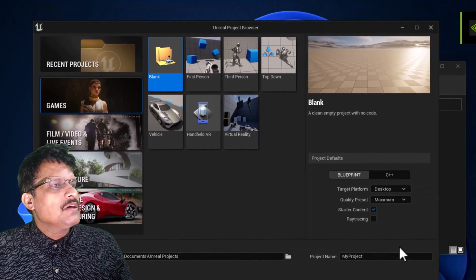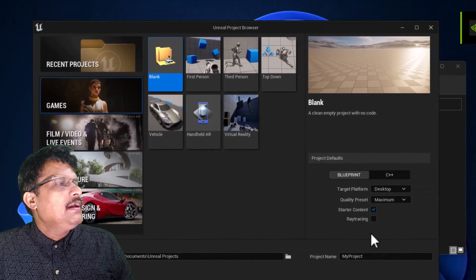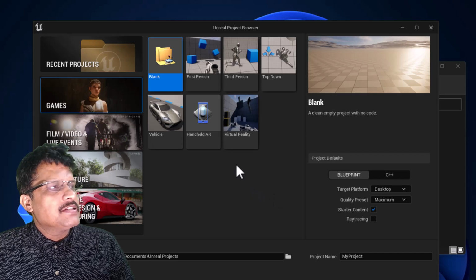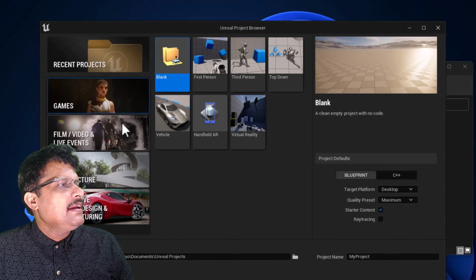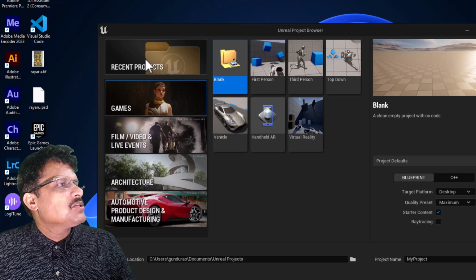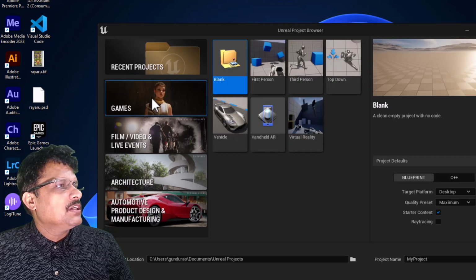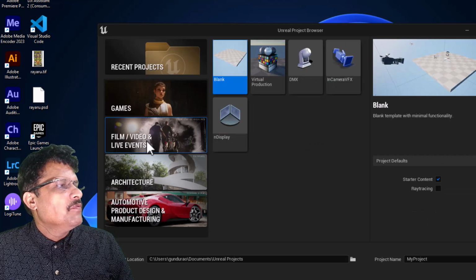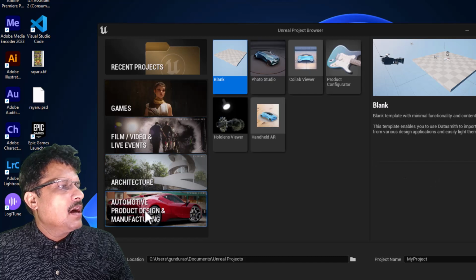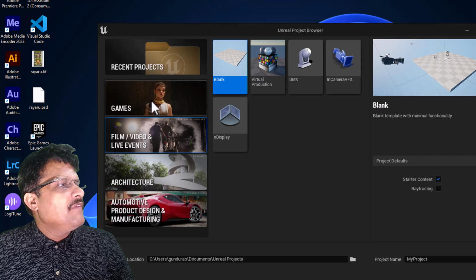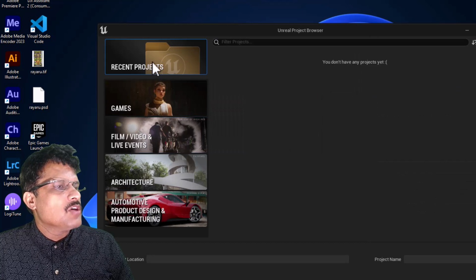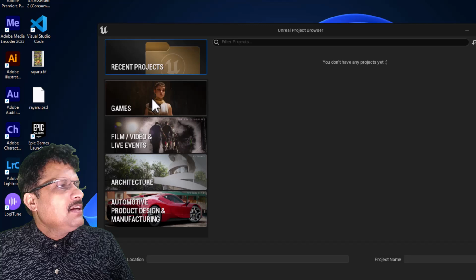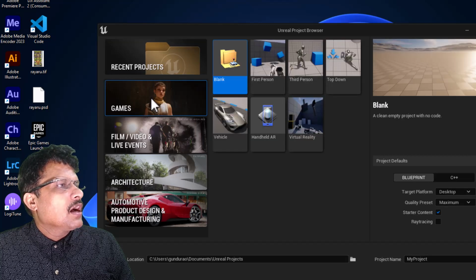Once Unreal launches, it is going to launch with this blank screen, and on the right hand side you have various options like recent project, games, film video, architecture, and automotive. You have some ready-made templates available for all these options. Right now, we are going to come to game.